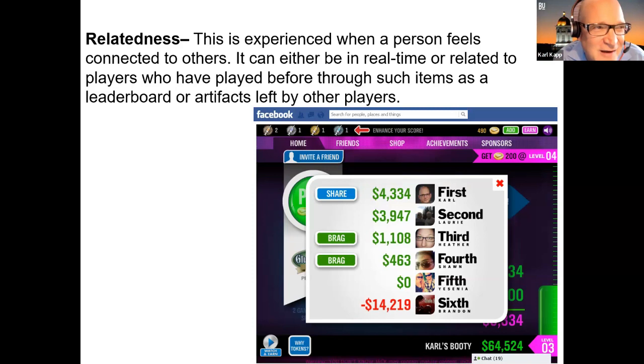Which I think is really clever. It really gives us a sense of relatedness and connectedness, even though we're not playing in real time together. I played before, and my recorded version is now playing her, and we're seeing each other on the leaderboard. I mean, it's just really kind of a fascinating thing.